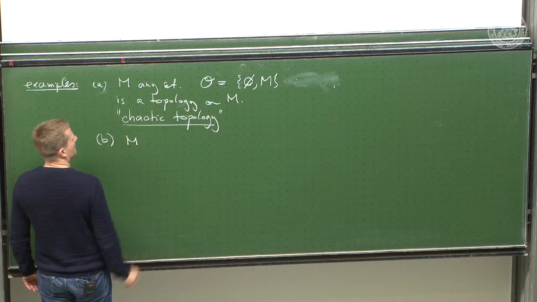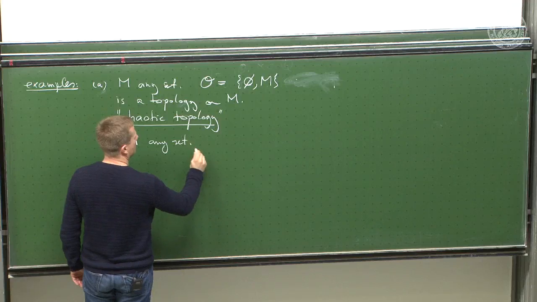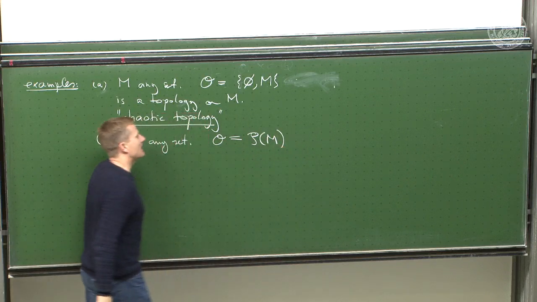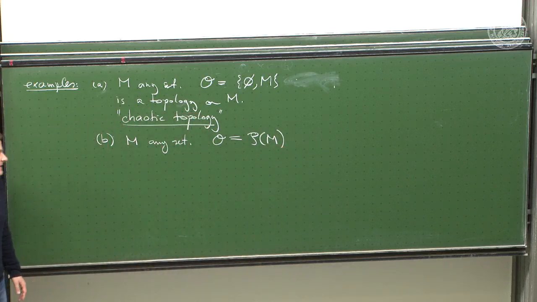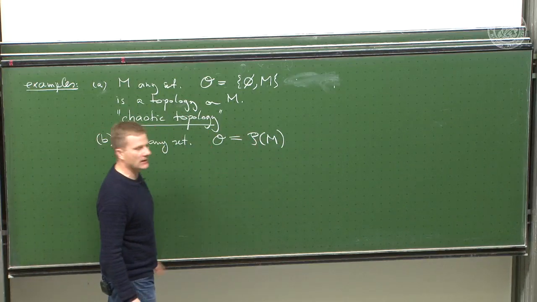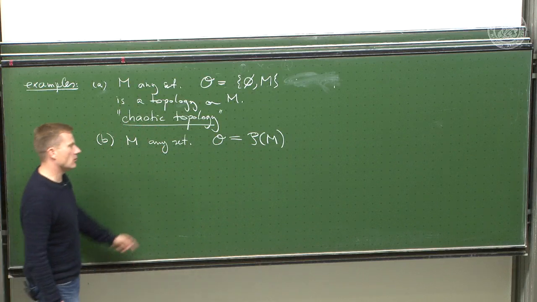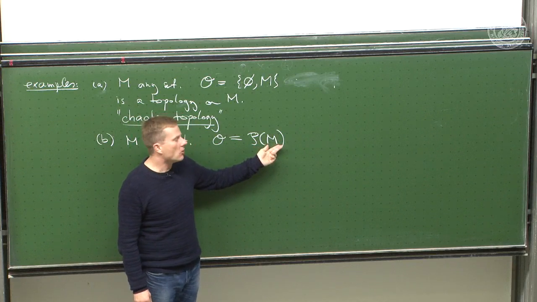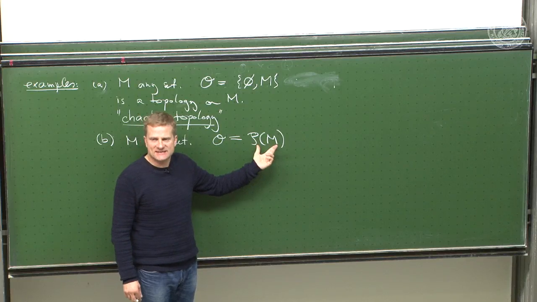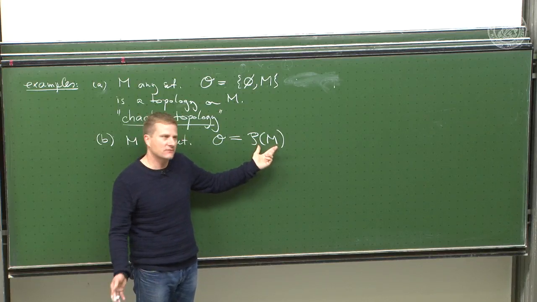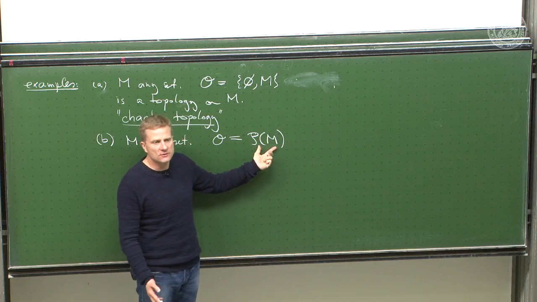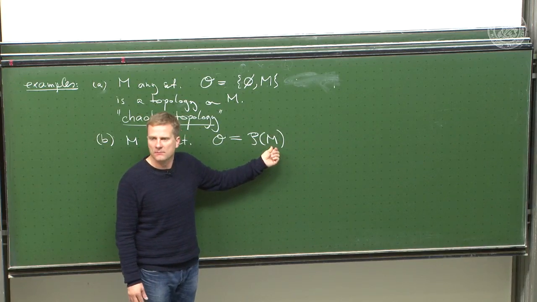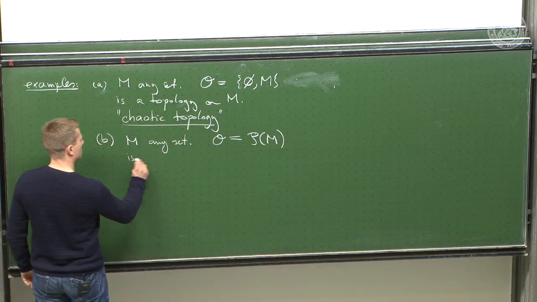Now, another extreme example is, let M be any set, and you can make a pick that you say, I take just any subset of M that is there. So you choose the entire power set. Is this again a topology? Well, obviously the power set contains any subset, so the empty set is in there, the full set is in there, first axiom. For any two elements of the power set, the intersection is again, of course, in the power set, because the intersection of any two subsets is a subset, and the same is true for the union. The union of any arbitrary collection of subsets is, of course, a subset of M. Trivially, also a topology